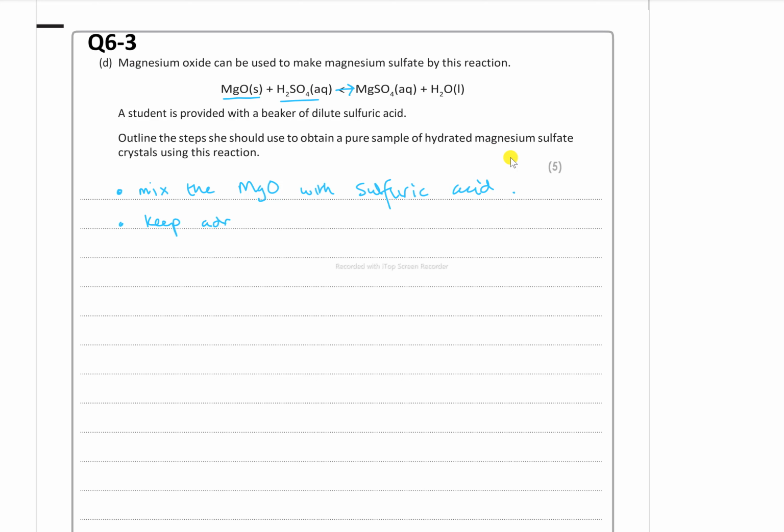Keep adding until in excess, till it stops dissolving. Then you filter off the excess magnesium oxide. Then you heat the filtrate, the solution filtrate